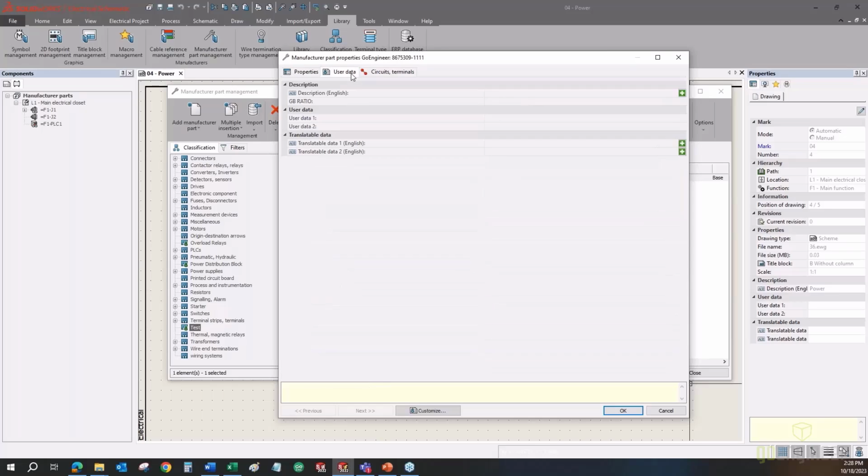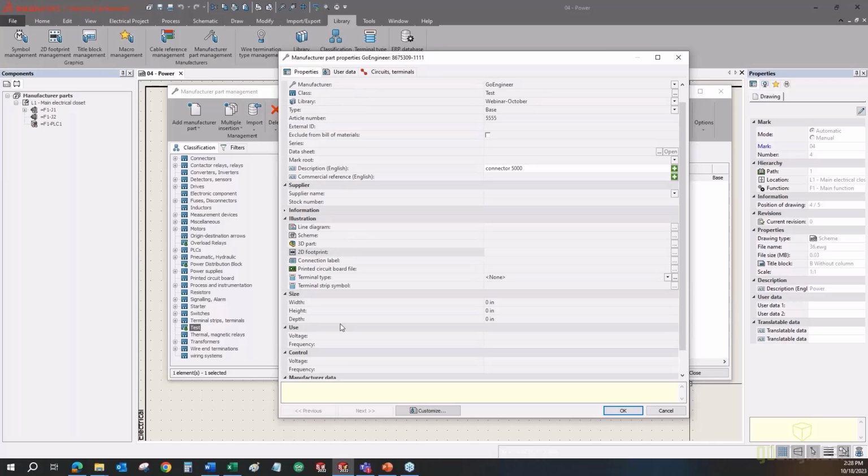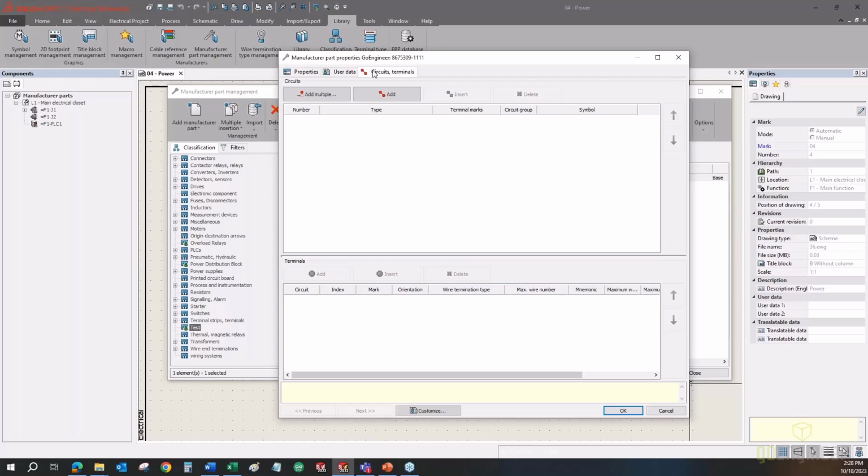Moving to the tab to the right, this isn't used very often, though you can if you have fields in here that you want to fill out. They're not available. There's a user data tab. Since it's not as common, we're going to blaze over it and get to the more important piece, which is